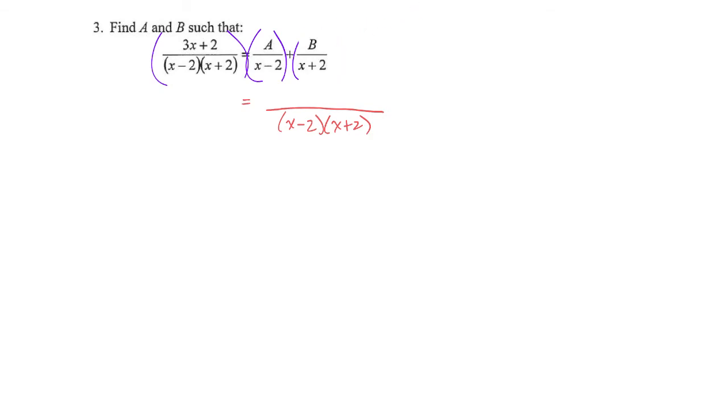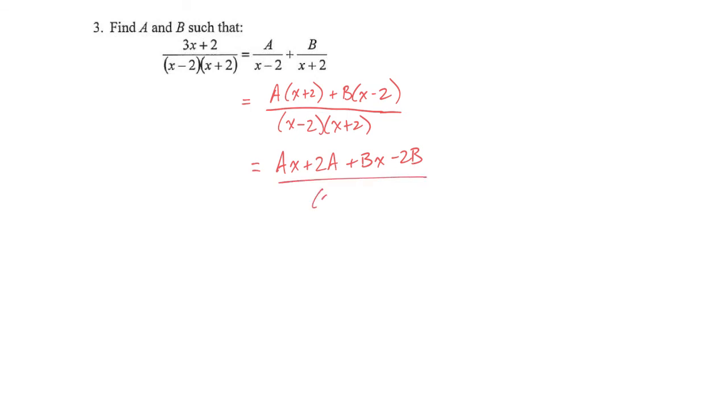I'm going to get rid of the purple just because I want to make sure that we don't think that we always have to multiply out. Let's say that I did the red. So that makes my new top a times x plus 2 plus b times x minus 2. I'm assuming we can get a common denominator at this point in our unit. Well, maybe through reflex, we go through and we expand the top. So I get an ax plus 2a plus bx minus 2b, and that is all over